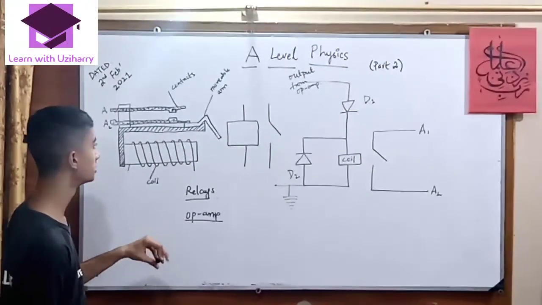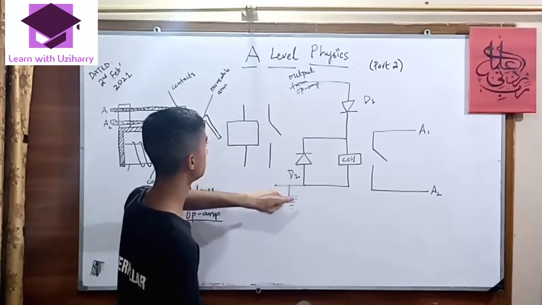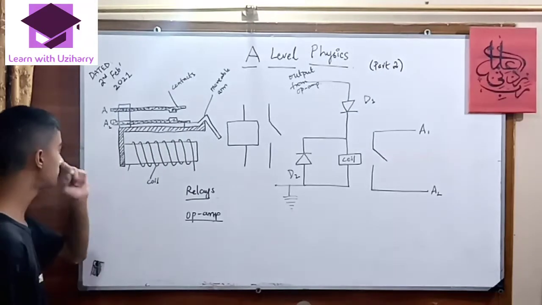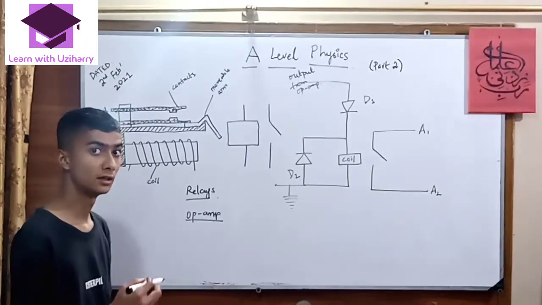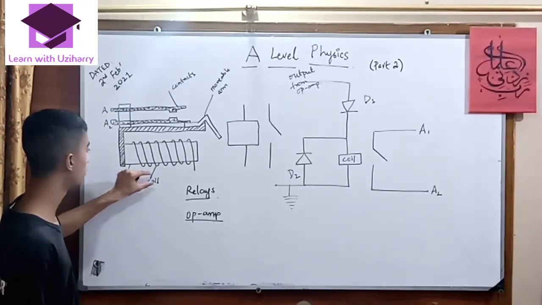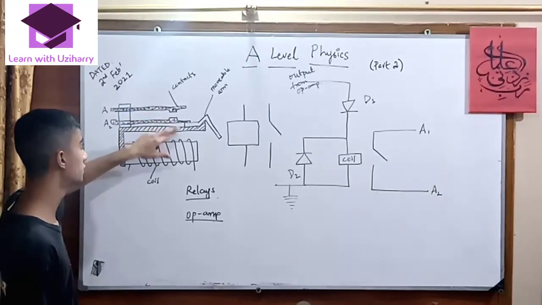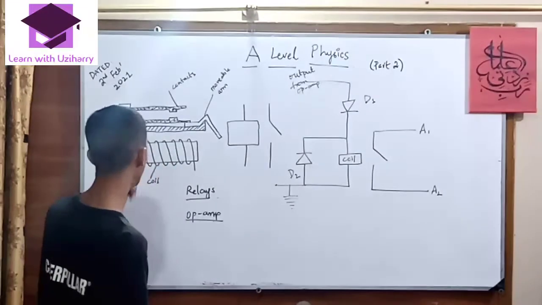Okay, the operational amplifier is a basic component that is used to amplify signals. The diagram can also show how the operational amplifier is placed and performs. In this relay, the operational amplifier is used to provide electromagnetism to the coil. It gives a small current to the coil, and when these contacts are close to each other or connected, a large current can flow into the relay.